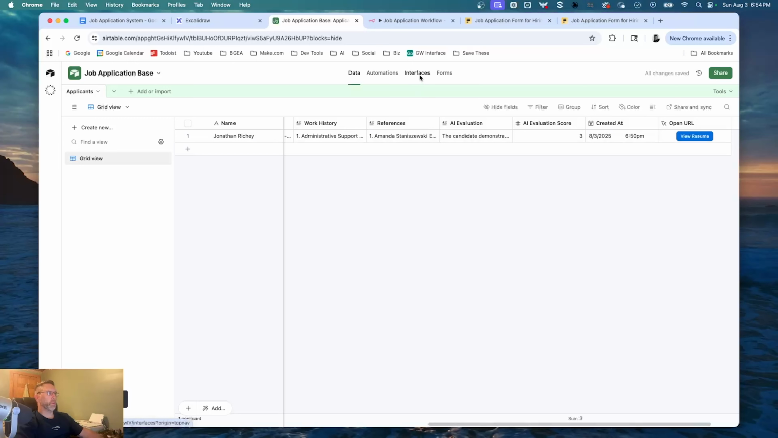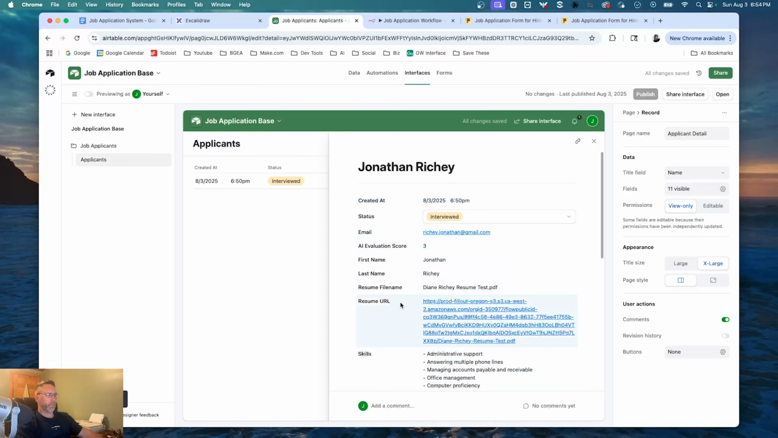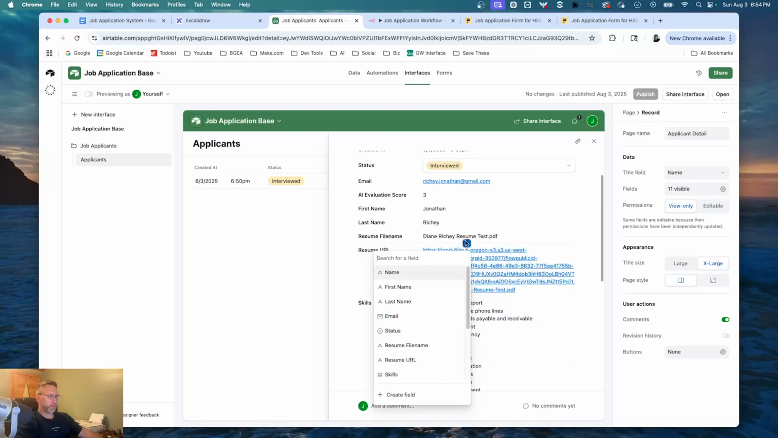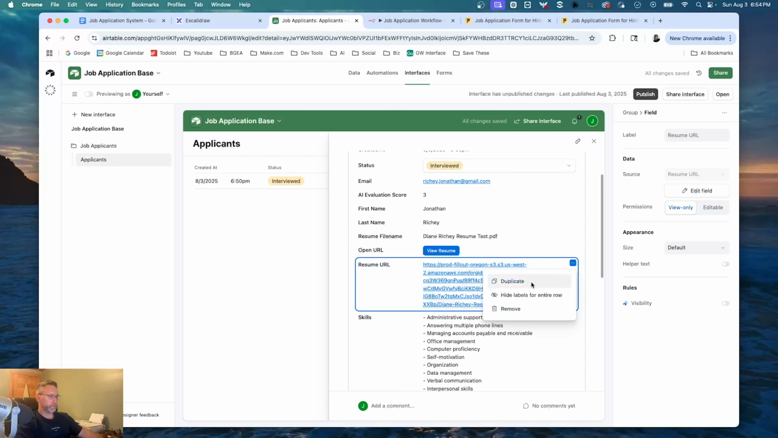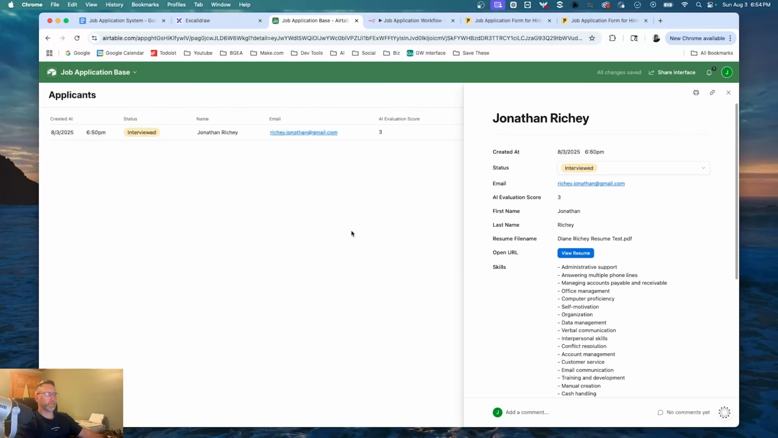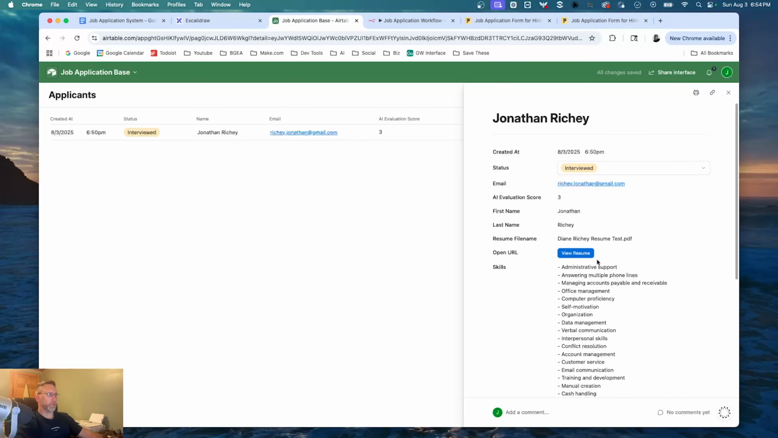Okay, so we'll go back to interfaces and right here we will add open URL, there we go. So now all we have to do is hide this one and then publish that, cool. So now we click on view resume and now we have this nice button here instead of that long ugly